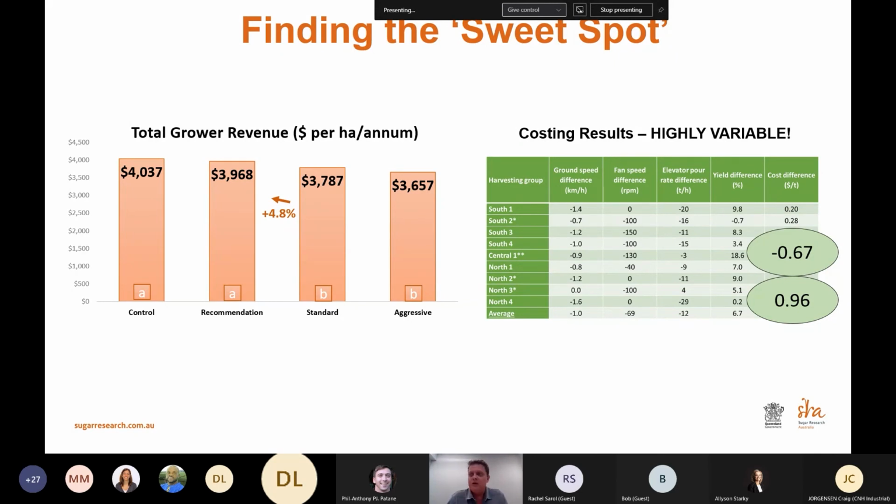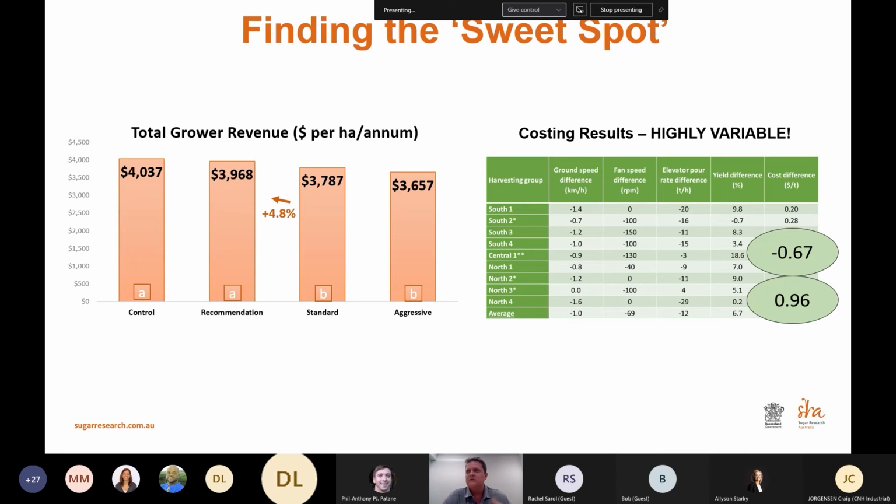So that was a really good outcome with regards to that trial. But if we go to the other extreme and look at a trial where there was a relatively small increase in yield, for example, one of the trials conducted up in the North region saw only a 0.2% increase in yield. In fact, what happened was that it actually cost the contractor close to $1 a tonne to change practice under those conditions. And the reason being that